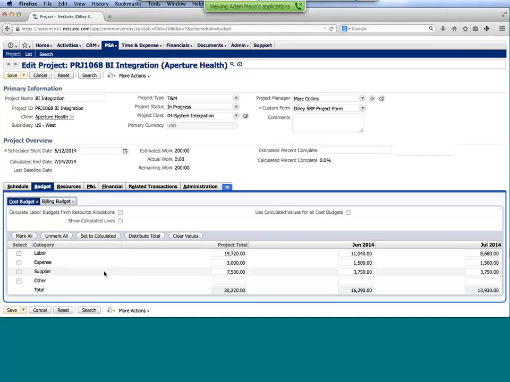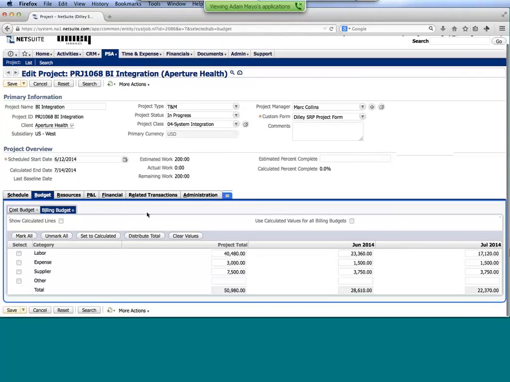And again, we have both our cost budget values, which you're seeing here. If you look at labor in particular, often we're going to be both budgeting at a cost level and tracking costs of the project, but also at our marked up billing value, which is going to be looking at rates that we have defined, whether it's by resource or by the service that we're doing, or what we refer to as a class or billing type of person. And so we're able to measure both and run reports to look at budget versus actual within the system.